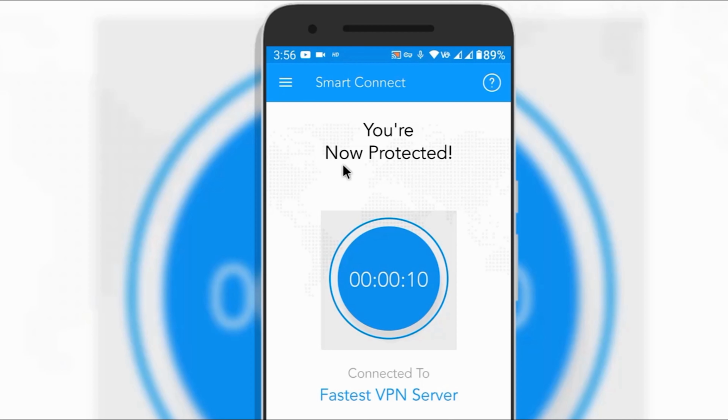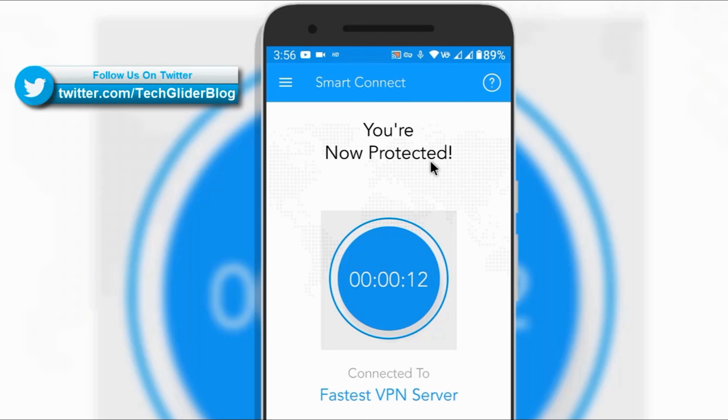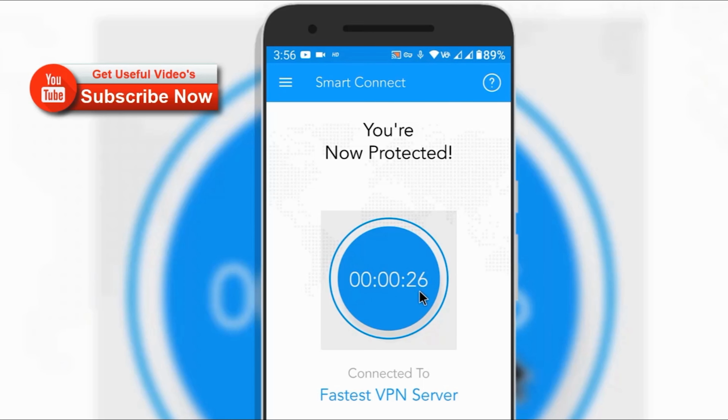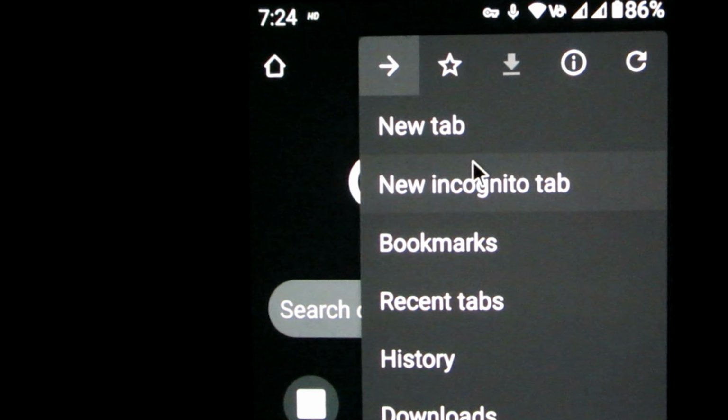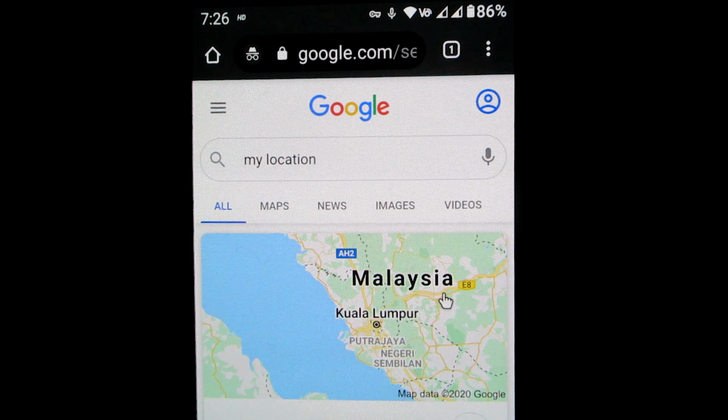You can also see a key icon at the top right corner of the screen, which indicates the VPN symbol. Now the phone is ready to surf the internet. You can check the VPN country by typing my location in the incognito mode of Google Chrome. So this was the quick introduction to the Ivacy Lite VPN Android app.